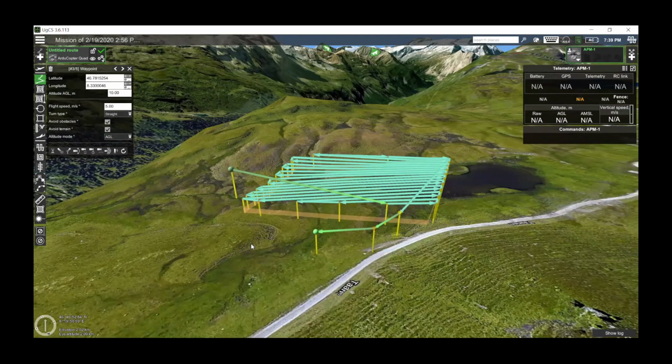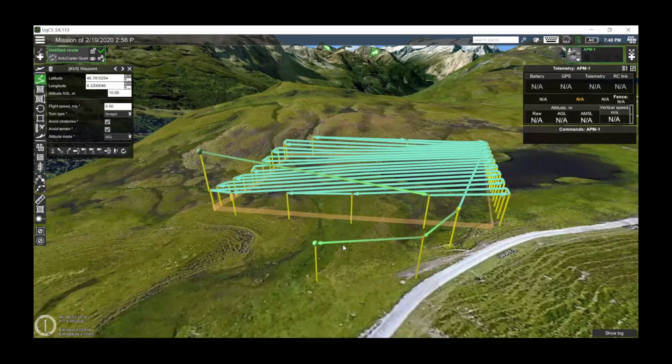It doesn't require any additional settings on the UgCS side. So if the rangefinder is configured properly, you just upload the route and the drone will perform the flight according to rangefinder data. Unfortunately, the simulator with rangefinder is not working, so I will not be able to show how the drone performs the flight. But on the simulator, it actually looks just like this, the same as using any other type